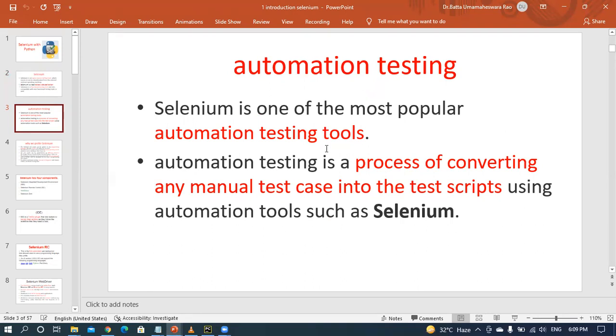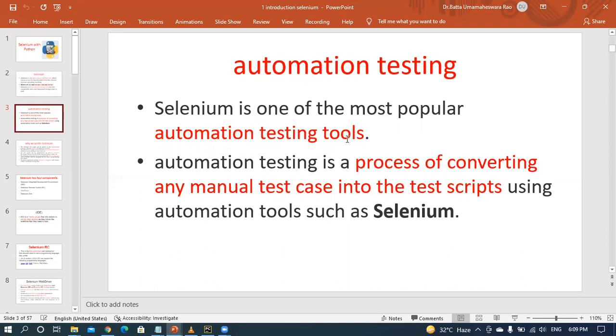Selenium is one of the most popular automation testing tools. Automation testing means testing without interaction of a human. You write some program, a script, and with the program you automatically test the web pages.